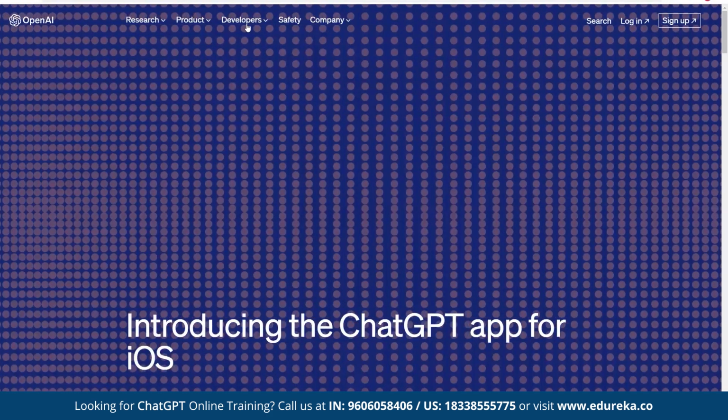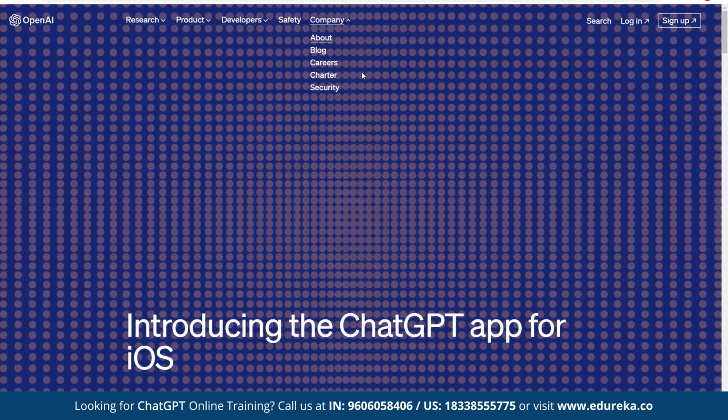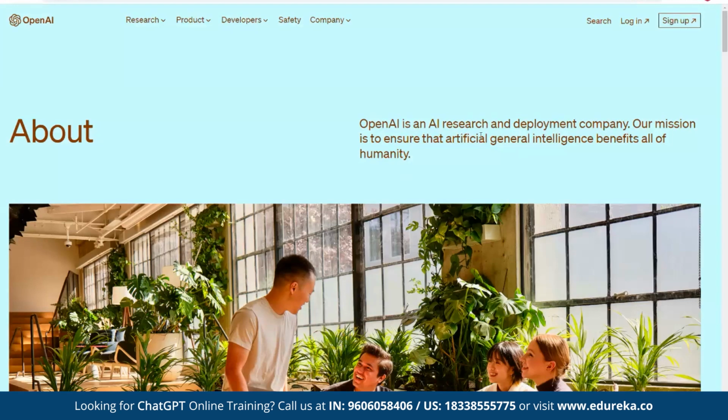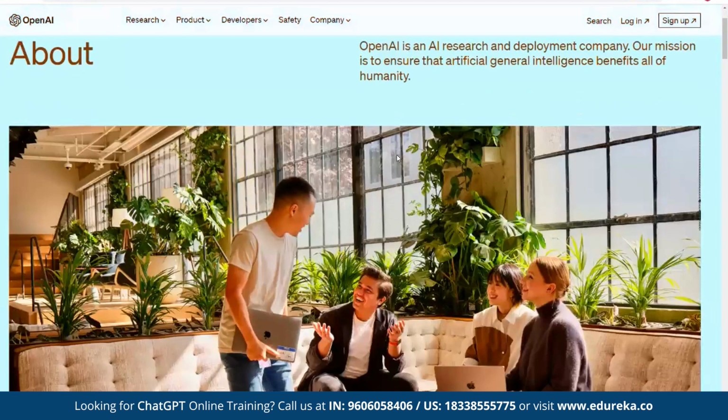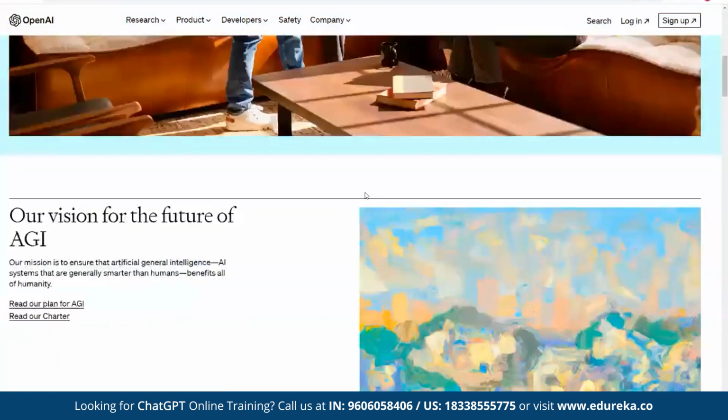OpenAI is a research-based organization. If you go into the company's about, you'll understand that it's a research and deployment company. And it was started with the mission of creating cutting-edge artificial intelligence models, which can be utilized by human mankind for free.